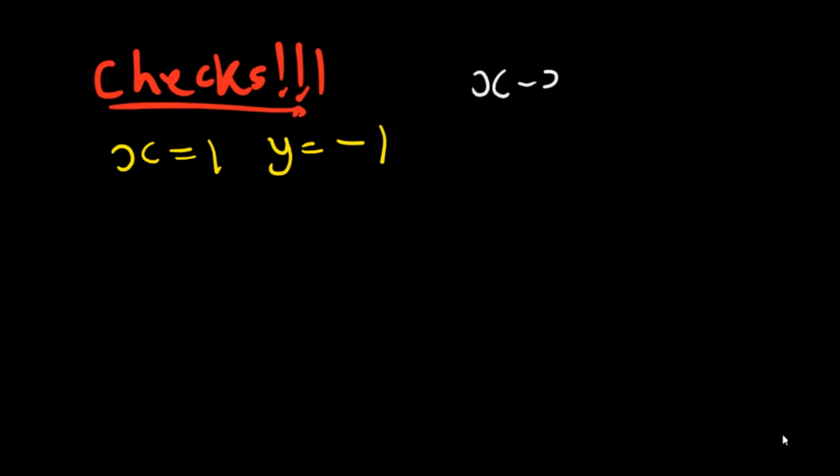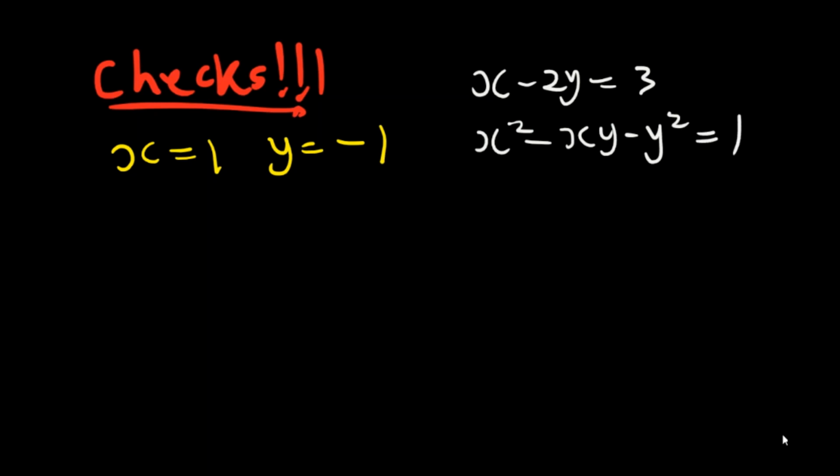So you have x minus 2y is equals to 3, and you have x squared minus xy minus y squared is equals to 1, right? So what you can do is say if x equals to 1 and y equals to minus 1,